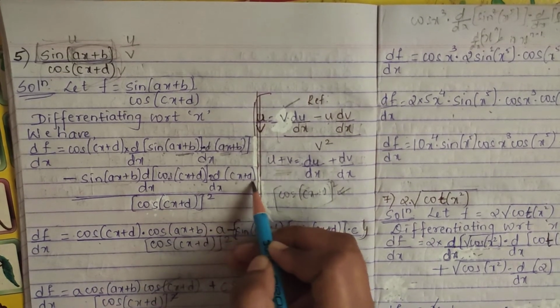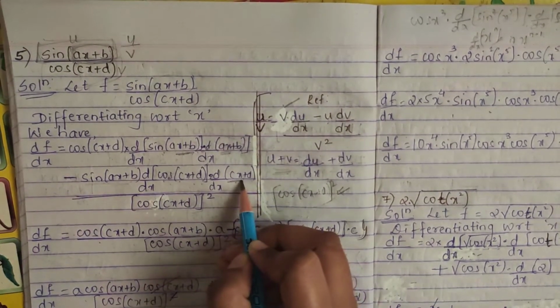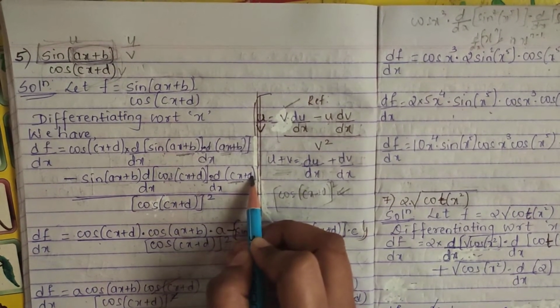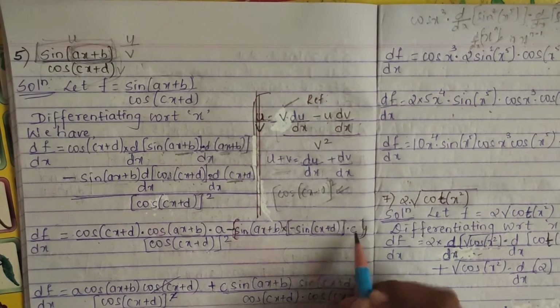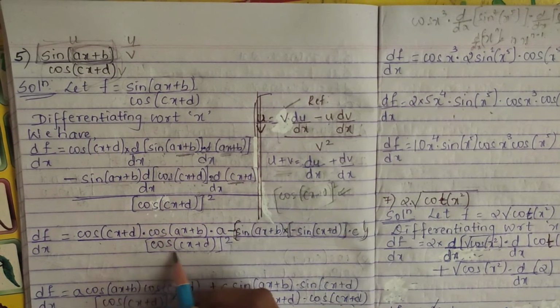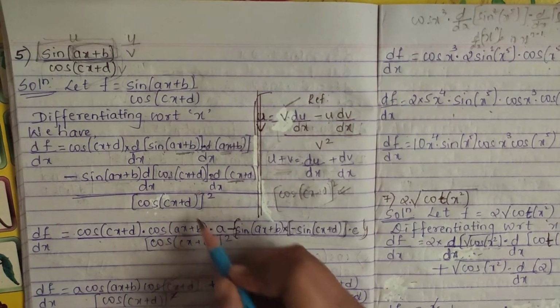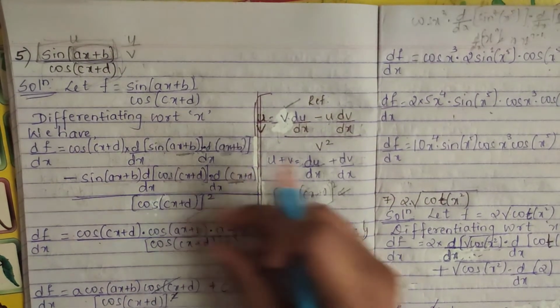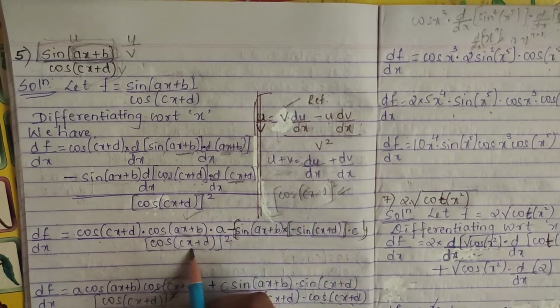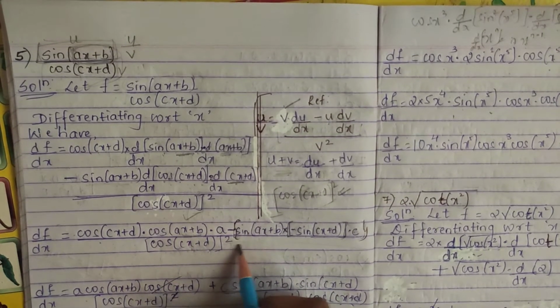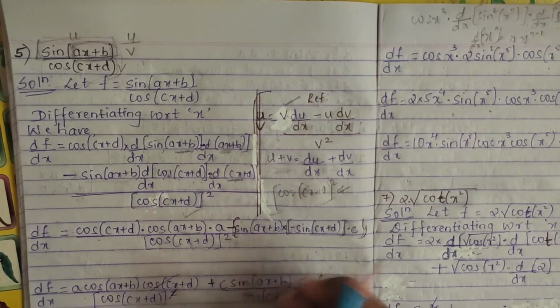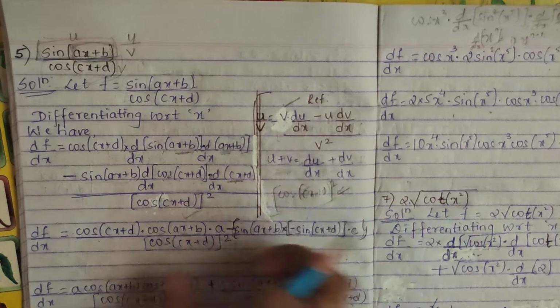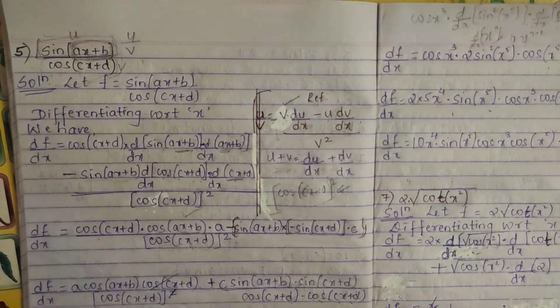Again differentiation of cx plus d, differentiation of cx is c, differentiation of d is 0, why? It is a constant. So it is c, whole divided by v square, so cos of (cx plus d) whole square. Now what I am doing is separating this one term and this one term. This division will be for both, right? Because here you don't have any minus or plus with anything. Whatever division, it comes for both. So I am just writing it separately.